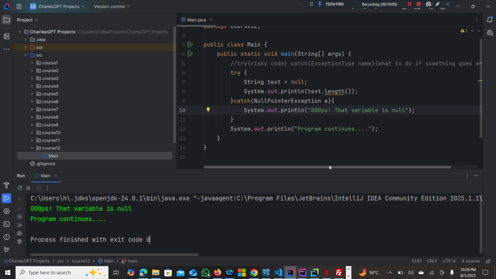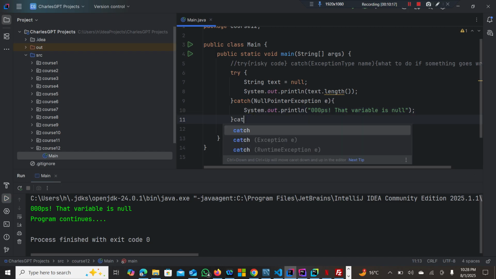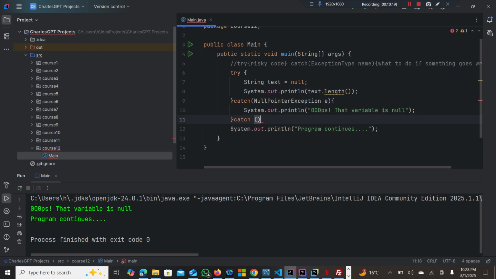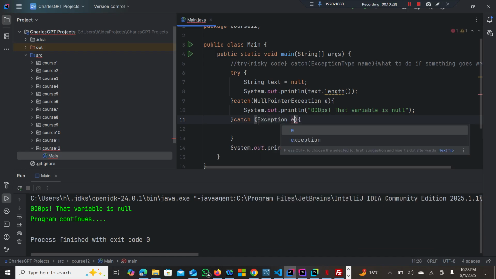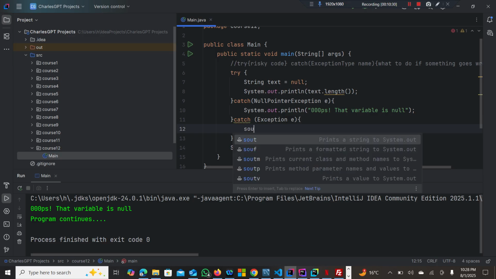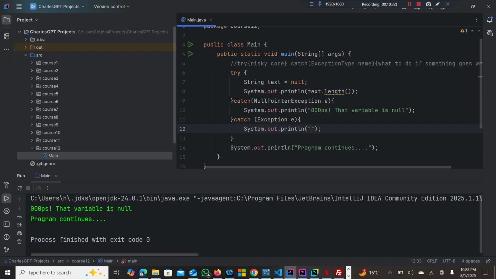Okay, so there's another thing that you need to know in exceptions as well. We have an Exception, and you see most programmers using it. This is just to catch any unnecessary exception that you didn't think of, especially if you're collecting inputs from users. I think it's very good practice to use this Exception e in case. So you just say SOUT, tab, and you can just say